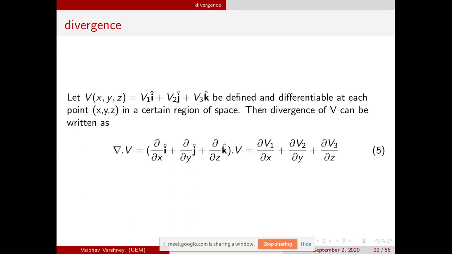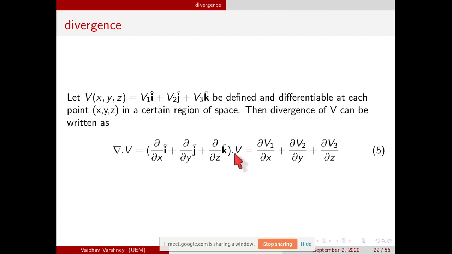Okay. Let's go to divergence. So again, in gradient, del operates on a scalar function, but if it operates on any vector, you cannot directly multiply. It is either a dot product or cross product. So when del operates with a dot product on any vector, del dot v, it is called the divergence of v.